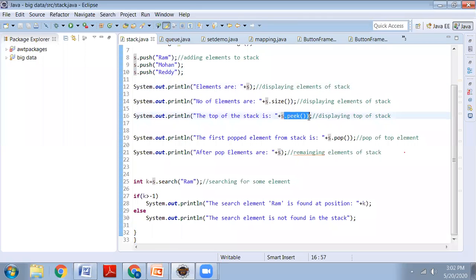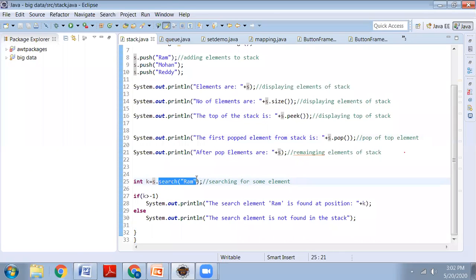When we want to know the top, we have no need to write any code. Simply we call the peek method. When we want to pop, we have no need to implement the pop method. Directly we use the existing method pop. When we want to clear, we are not writing huge code. Simply we call the method clear. Like that, when we create the same stack program using the Stack class, the code will be reduced. The programmer's stress is reduced and also the code is reduced.